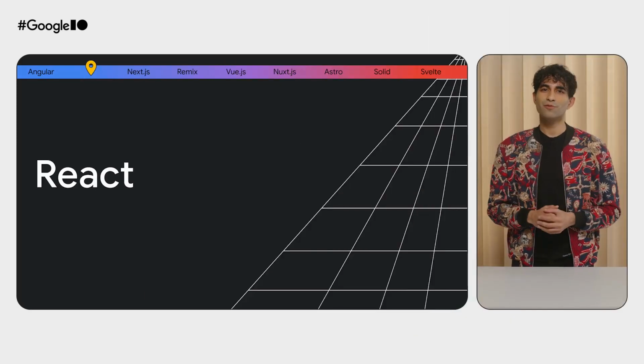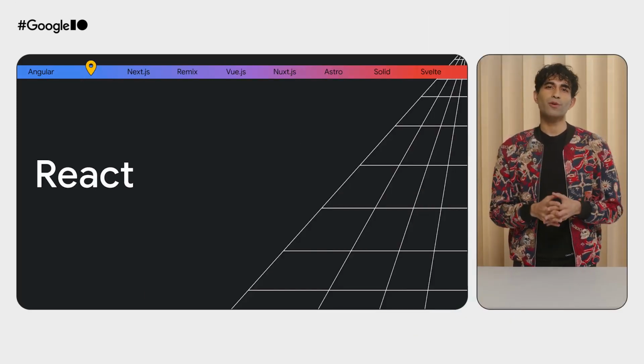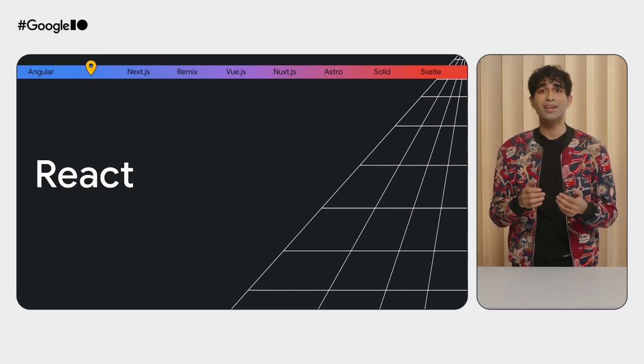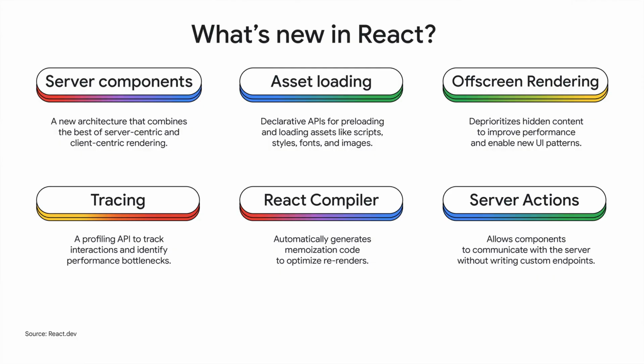React is constantly evolving, and the team has been hard at work researching and developing new features to improve developer experience and user experience. React server components combine the benefits of server-centric and client-side rendering for efficient data fetching. The framework is also working on asset loading APIs for seamless loading of scripts, styles, fonts, and images across all